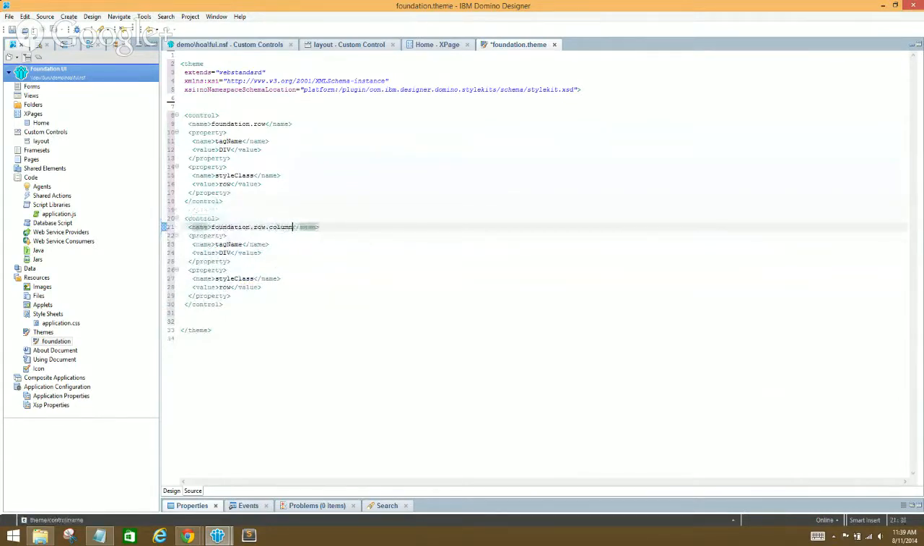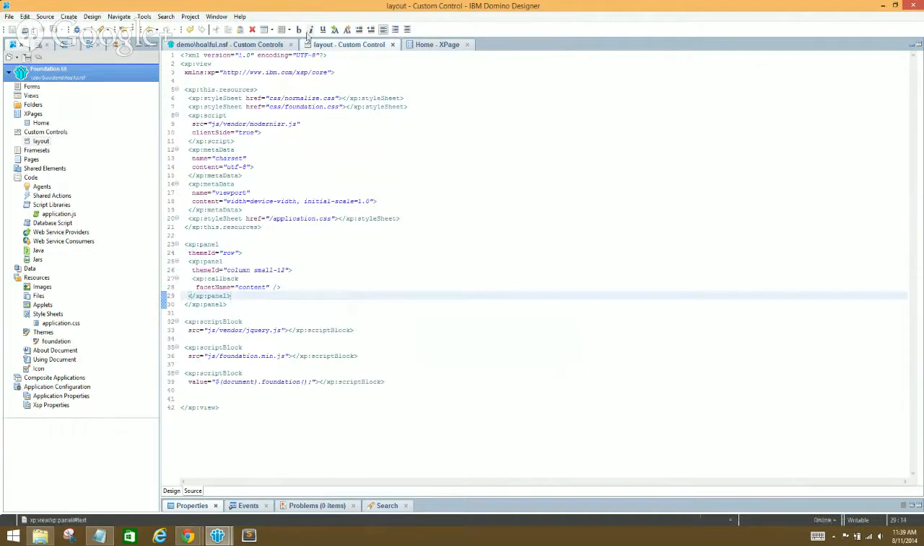Let's set the style class to row, and I'm going to create a column and the style class. Nope, why did I do that? Div column row tag. Okay, so what this is going to do is